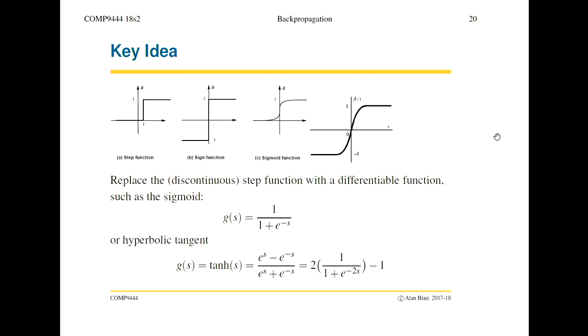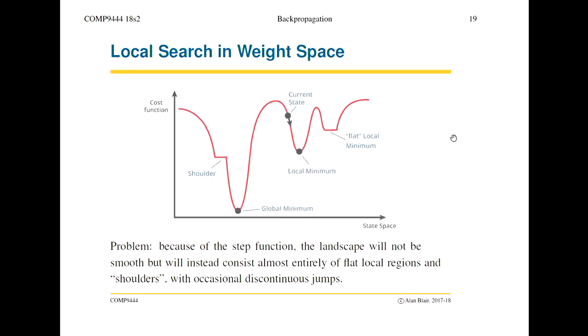And sometimes we use tanh at the hidden units and the sigmoid at the output units. It depends on the application. But if it works one way, it'll probably work the other way as well. Okay, any other questions about this? Because I guess this is a bit of a new concept to some of you.